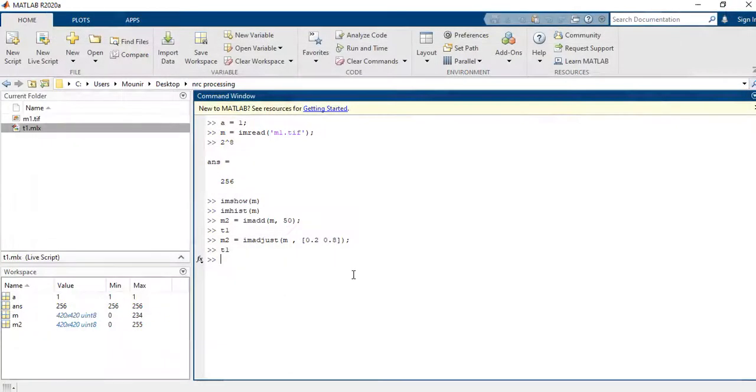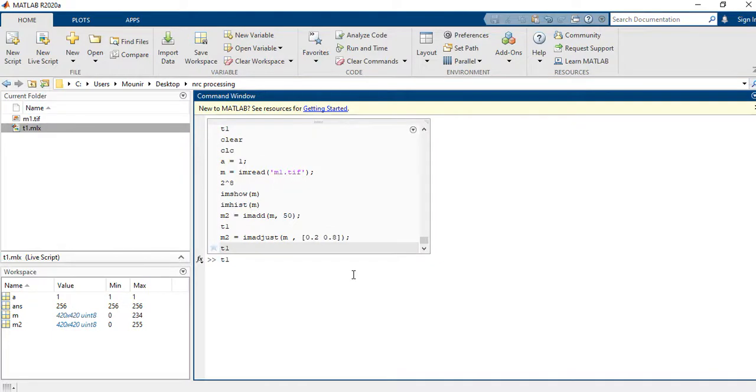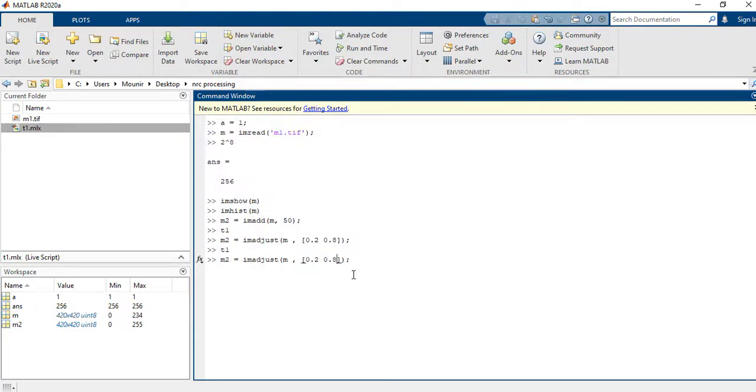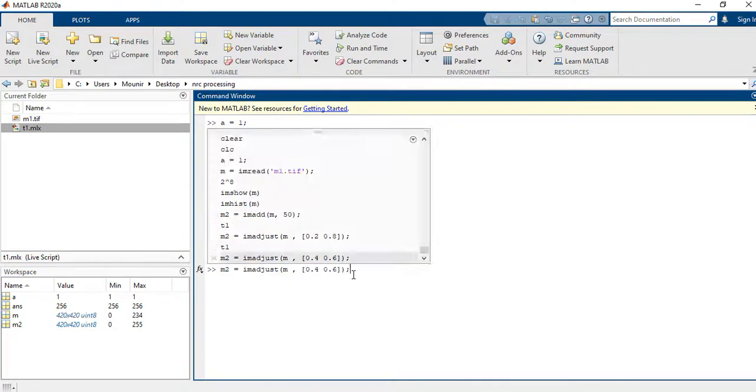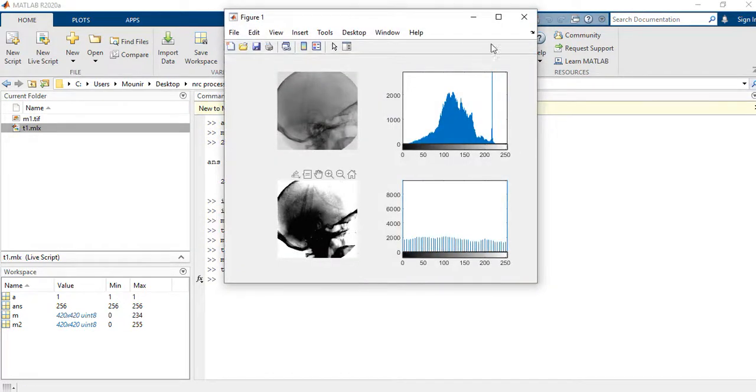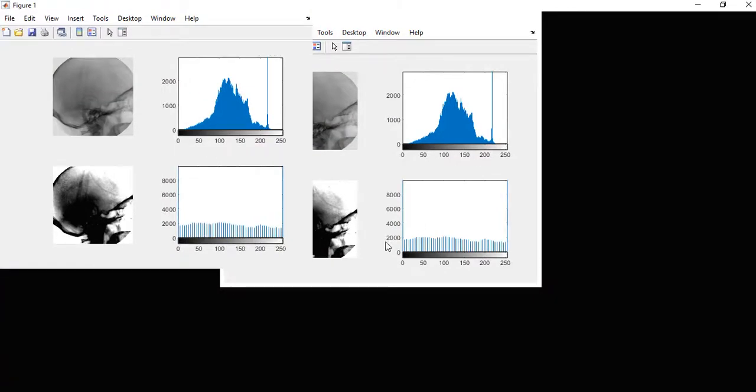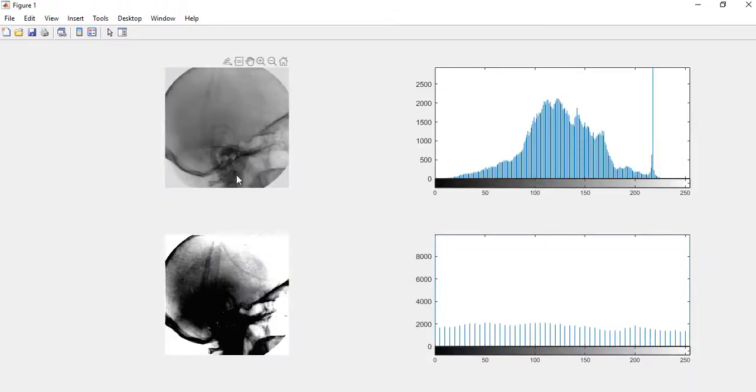If I decrease my dynamic range more, let's say I make it between 40 and 60, you can see that the image will be sharper. I have a higher contrast, but I will lose a lot of resolution or a lot of data. The last thing